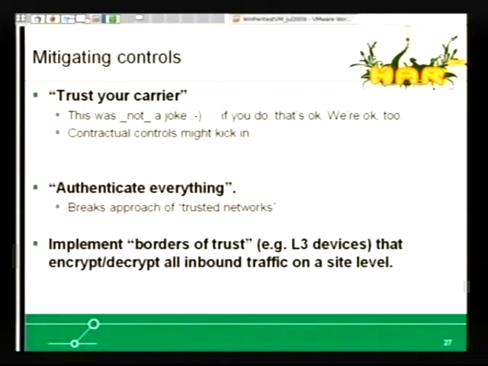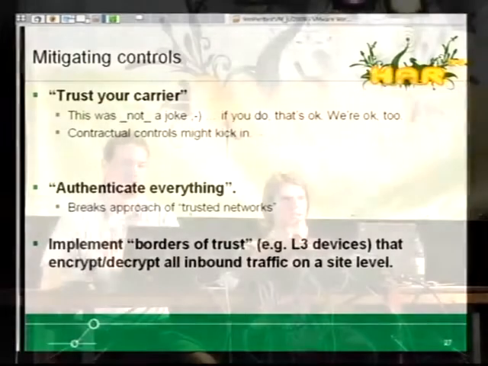That's the only chance. The problem with the trusted core is also that the PE devices and the P devices are all in the hands of the provider, and there is no way to connect to it, then